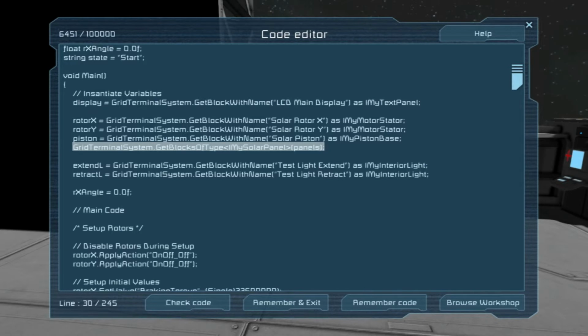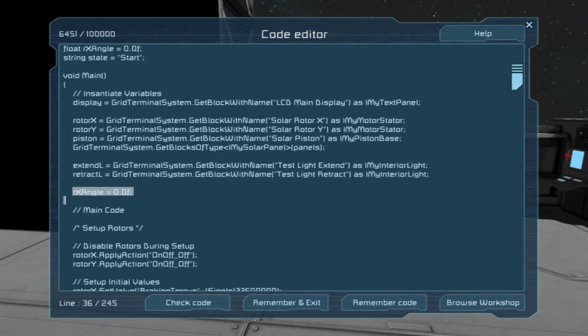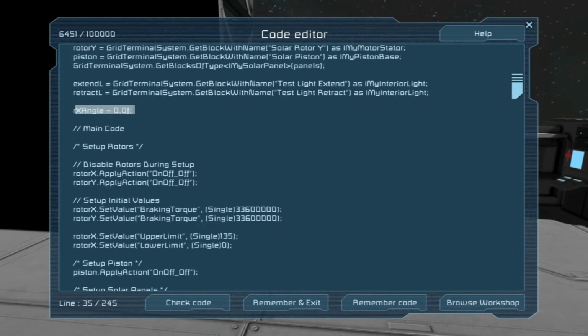Now, there may be a problem with this if you had other solar panels outside of the array. Again, that's a contingency we can work with, but for now I'm working on getting it to work. The extension lights, the first value inside the code to instantiate the angle, and then we have our